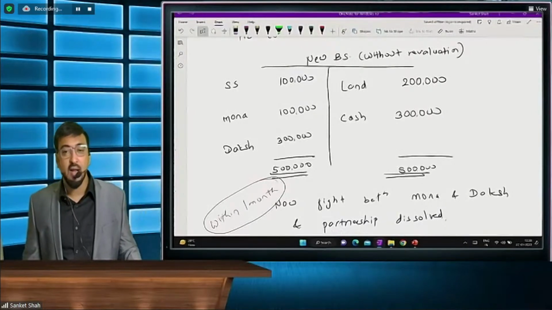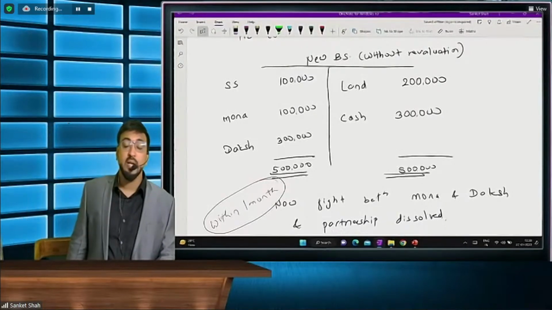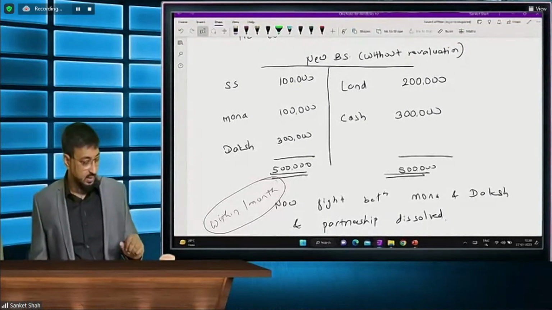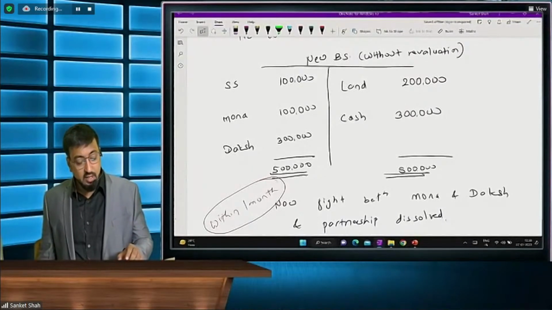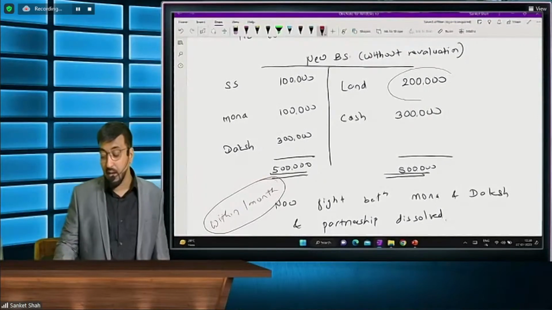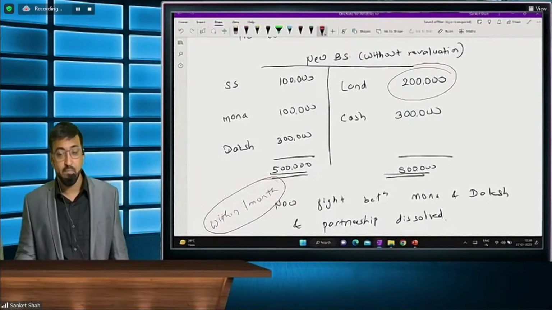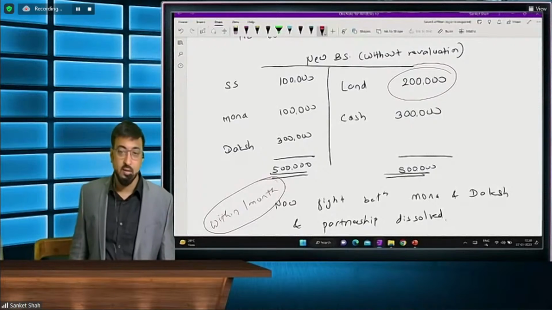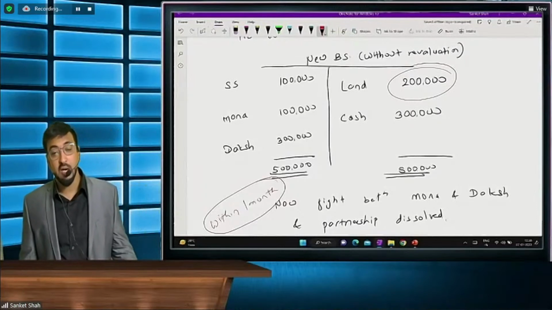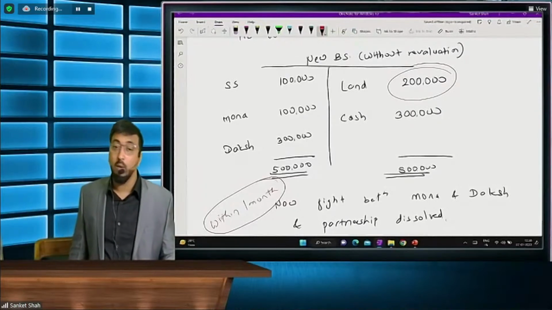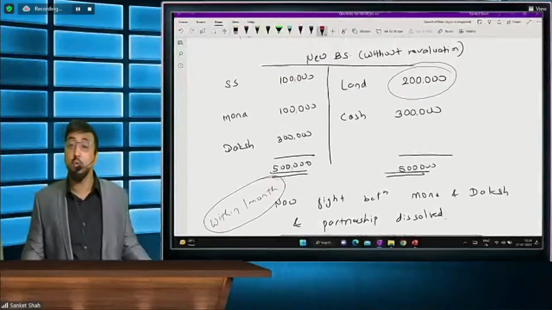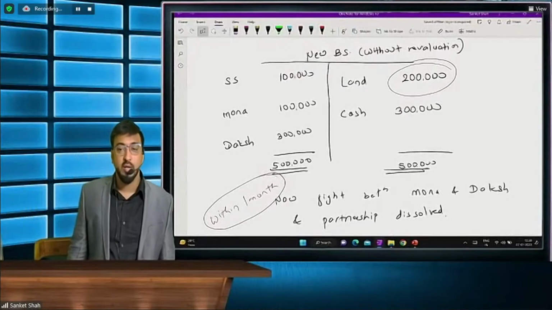मेरा कैपिटल वही दिखा 1 लाख, मोना मैडम का भी 1 लाख, और दक्ष ने लाया था 3 लाख रुपया। दक्ष कितना लेके आया? 3 लाख, 1/3 पार्टनरशिप के लिए। अभी दक्ष ने 1/3 पार्टनरशिप के लिए 3 लाख रुपया तो लेके आया। लैंड हमारी 2 लाख की दिख रही है। हमने यहाँ पे रिवैल्यूएशन रितु जी नहीं किया। और हुआ ये कि within a month दक्ष का और मोना मैडम का बहुत बड़ा झगड़ा हुआ। झगड़े में ये डिसाइड हुआ कि पार्टनरशिप जो है वो हम लोग अभी बंद कर देंगे। और हुआ ये कि दक्ष बोलने लगा कि यस, ये लैंड जो है, जो 2 लाख की लैंड है,